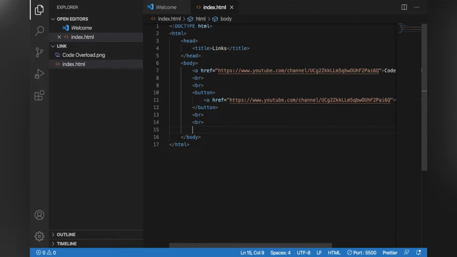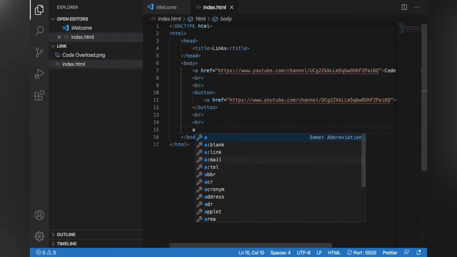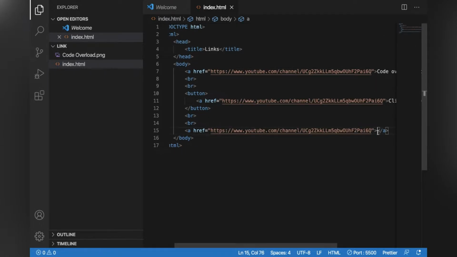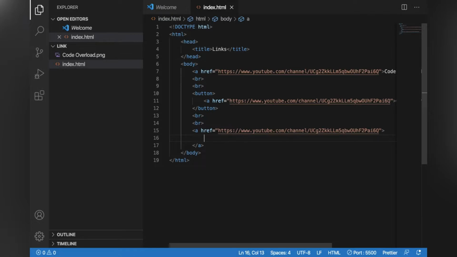To link an image, you need to write the a href tag first with the same link as before. Then you need to add the image, name it, and put the width and height. To add the image, you write img.